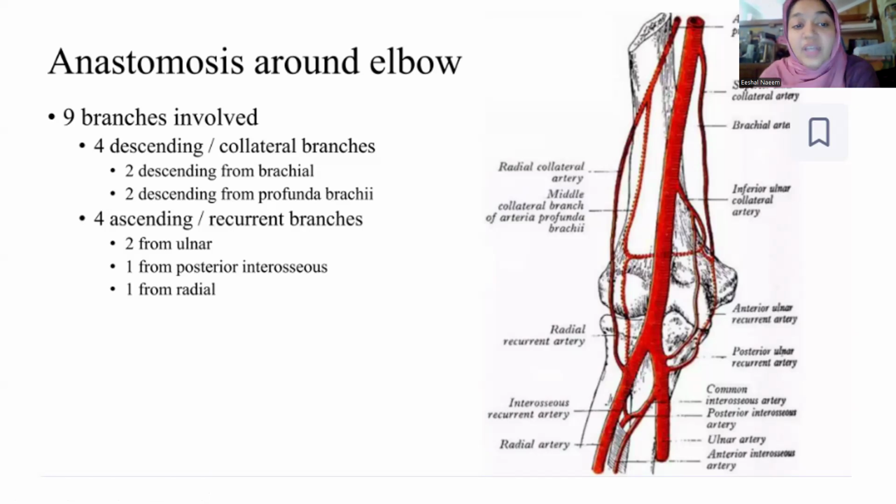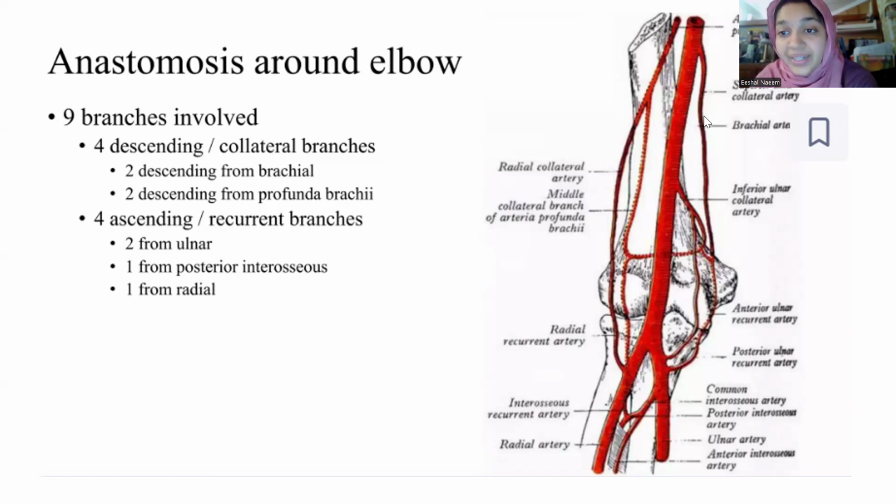Now, we have other arteries also. Now, let's look at this. Now, this is our main brachial artery. The main brachial artery will give us two branches, okay? Look at this superior ulnar collateral artery, okay? And then look at this inferior ulnar collateral artery. They're named superior and inferior because the superior ulnar collateral artery comes off from a superior region, and the inferior one comes off from an inferior region.